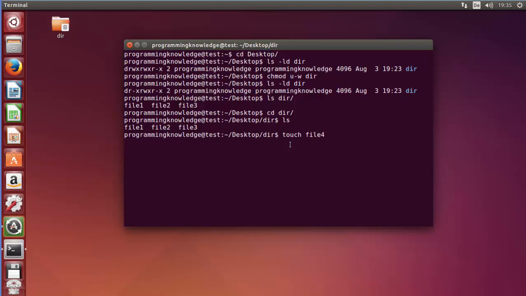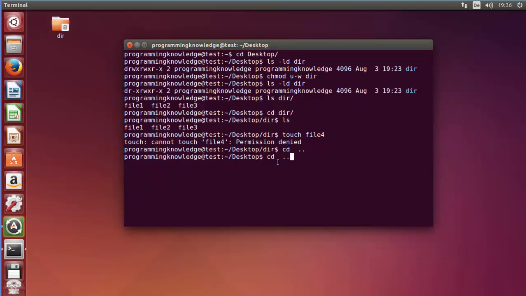I want to create a fourth file here, and when I press enter, you can see it says permission denied, because we have taken the write permission from the user, so he cannot create any new file inside the directory.